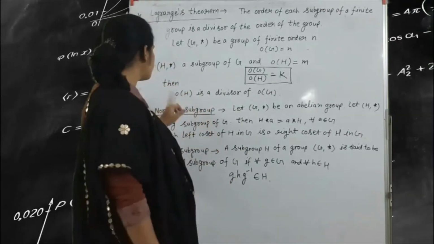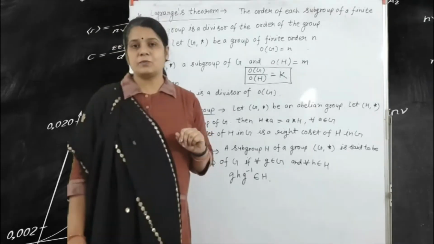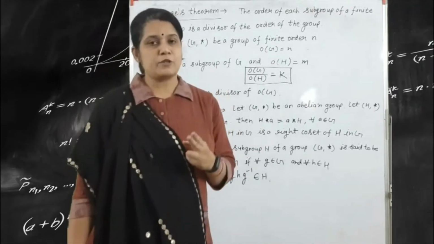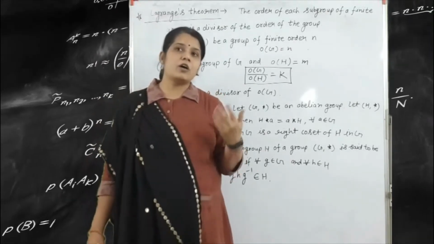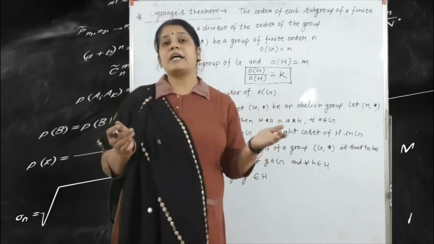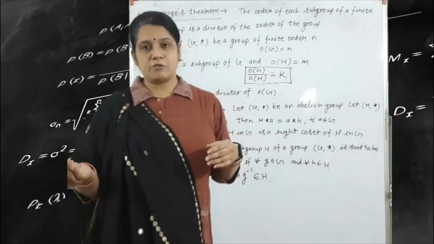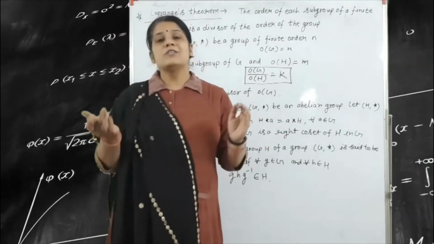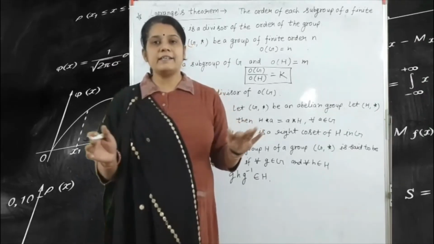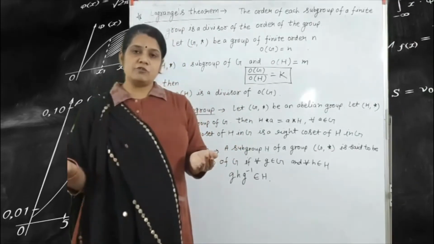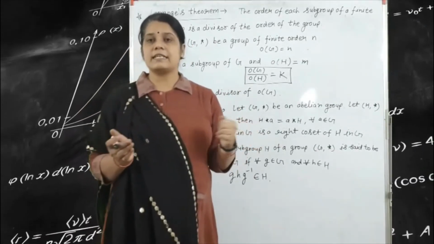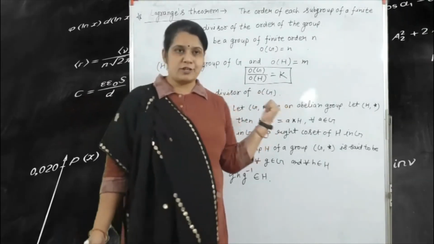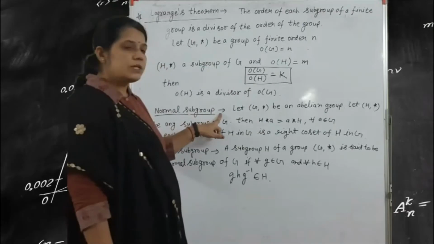Okay. Next one is the normal subgroup. So normal subgroup, what does that mean? Here we have two types of definition. For example, according to a question, if we find the left coset and the right coset, and after that you find the normal subgroup, you write that if the left coset and the right coset are both equal, then we can say that this is a normal subgroup. And the other definition is also here. So the first one is the normal subgroup.